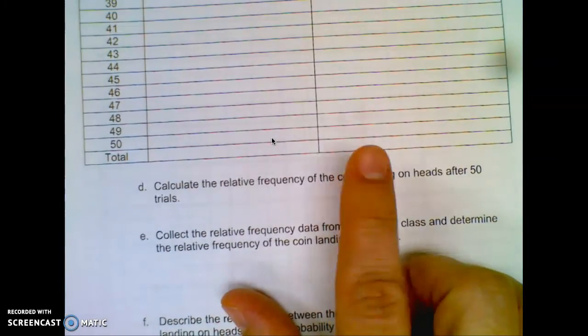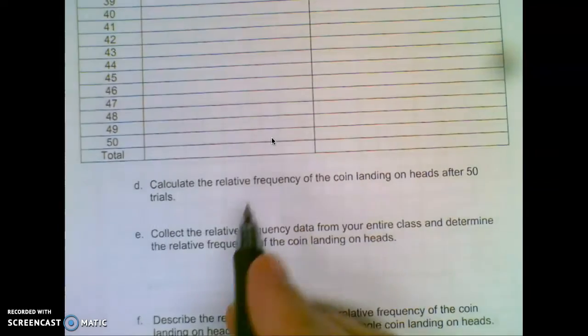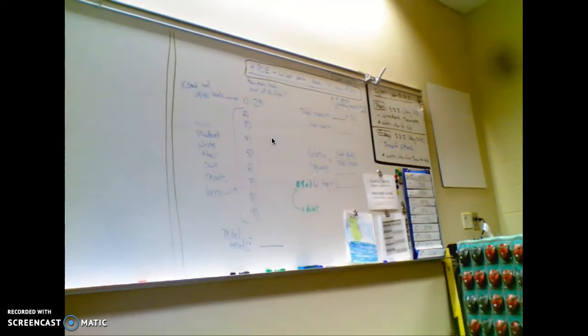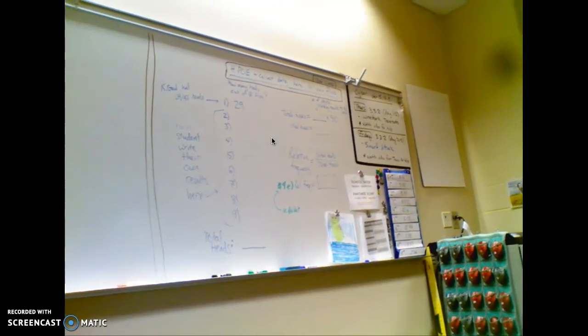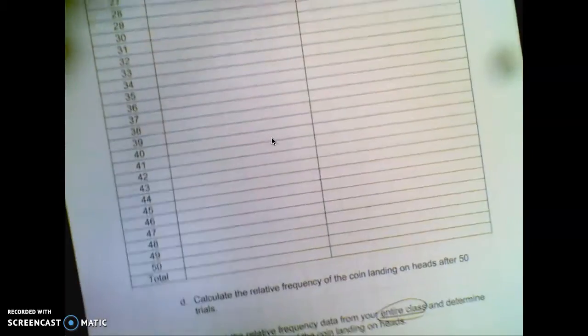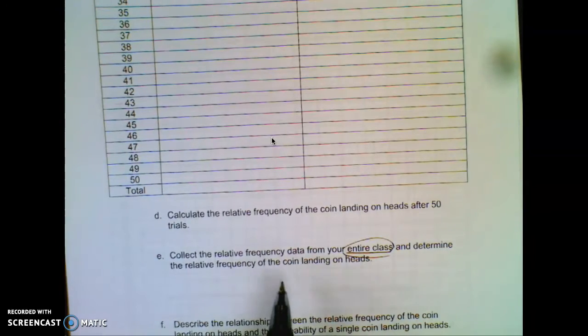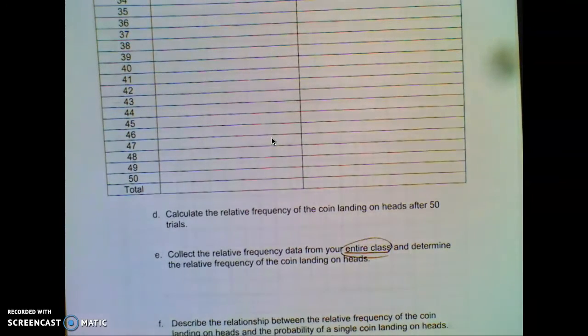And then, even better, we're going to get the whole class data, and you're going to put it up on the board. See, I put that there? Put your own results on there and add them up, and you're going to get the entire class data of probability on landing on heads. And if there's 9 of us, we're going to have like 450 flips. That's going to get closer and closer to 50%. Granted,